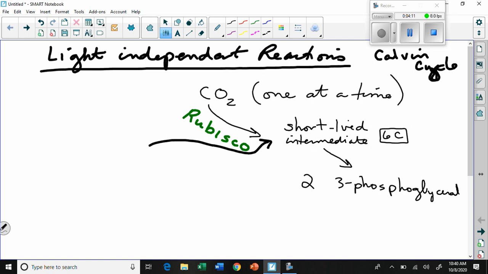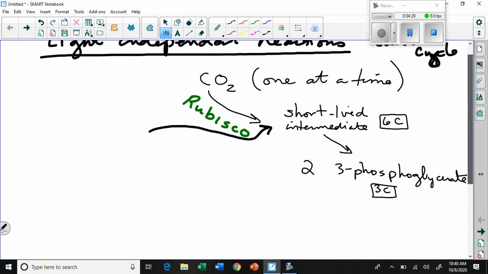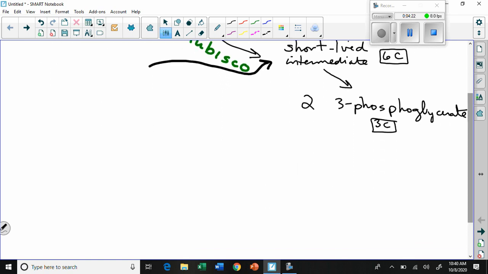Phosphoglycerate. Phosphoglycerate is a 3-carbon molecule. Okay, and we can actually draw it. We'll draw phosphoglycerate underneath here. Well, actually, let's not worry about the drawings. Let's just keep track of carbon molecules, since we know what a phosphoglycerate looks like because we've seen it before. Okay? Now this is going to turn into another molecule. But at this point there has to be an addition. This is going to turn into